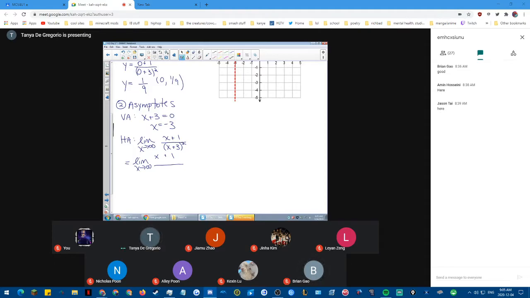Expand. Okay, yes, good. We're going to have to expand it. Why? What do we need to do? Because we have to divide by the highest degree exponent. Beautiful. I have to divide every single term by the highest exponent of x. So I need to expand this denominator, and it will give me x squared plus, yeah, beautiful. Now, I divide by the highest exponent of x, which is